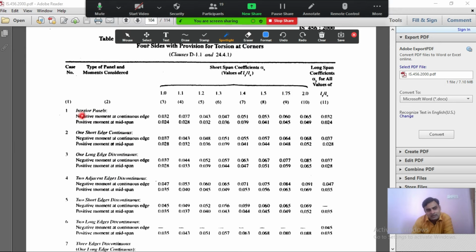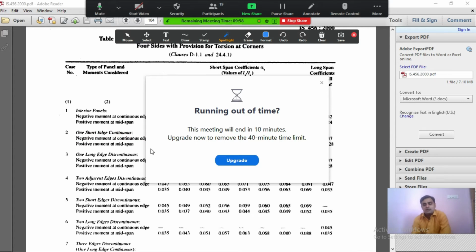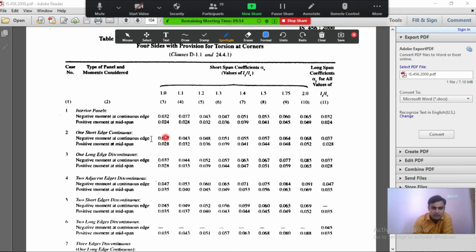They may say that you design the interior panel, or they may say that you design the panel which has one short edge discontinuous. Short edge means the edge in x direction. It may say that one short edge is discontinuous, or one long edge is discontinuous. So these types of questions may be asked in the exam, and that type of panel you need to design.